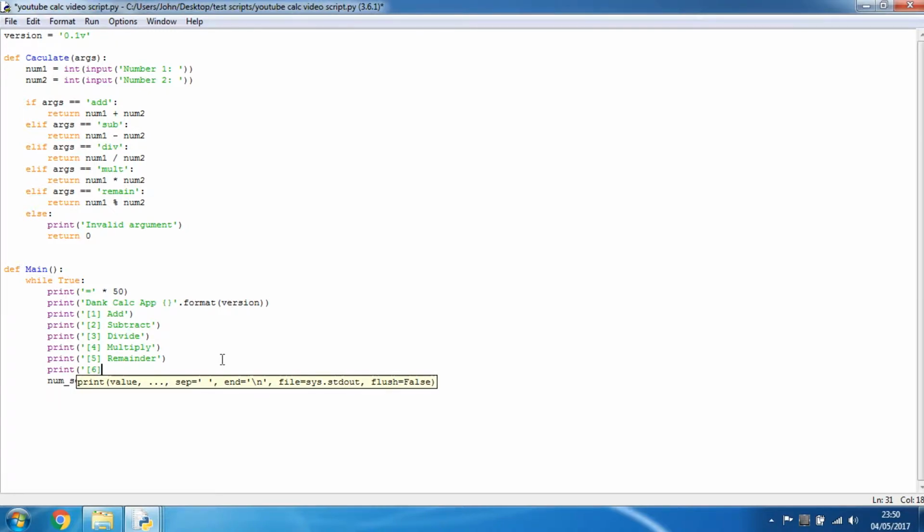6. Exit, which is very easy to do. There's 2 ways we can exit this program actually, but I prefer the other way, the break way, not the exit. You'll see in a minute. So if num underscore select equals 1,